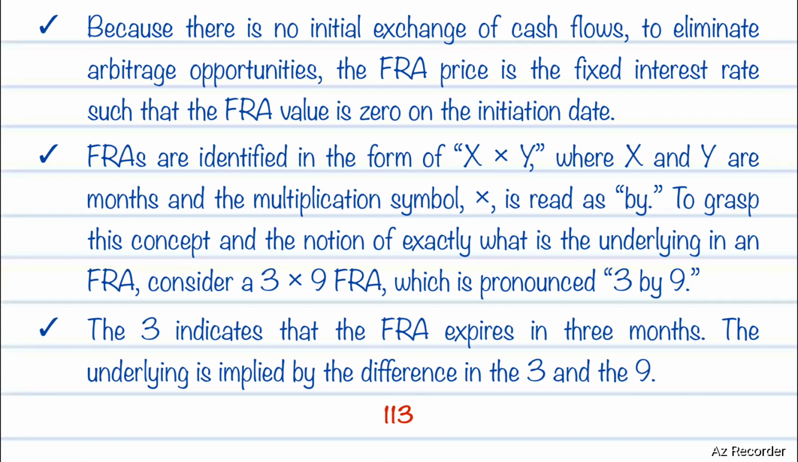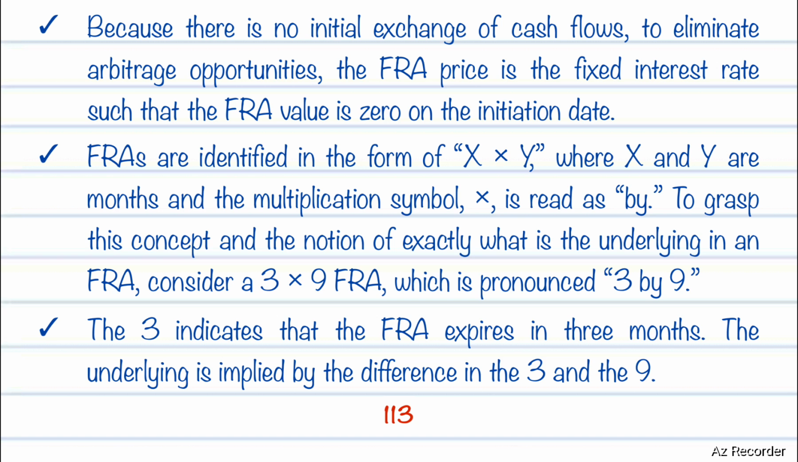Because there is no initial exchange of cash flows to eliminate arbitrage opportunities, the forward rate agreement price is the fixed interest rate such that the FRA value is 0 on the initial date. FRAs are identified in the form of X into Y, where X and Y are months and the multiplication symbol is read as by. To grasp this concept and the notion of exactly what is the underlying in a FRA,